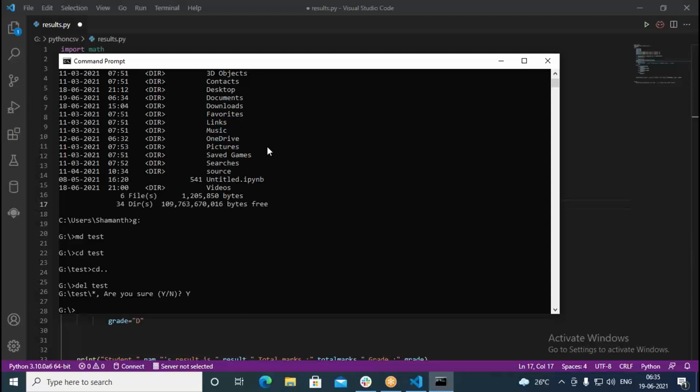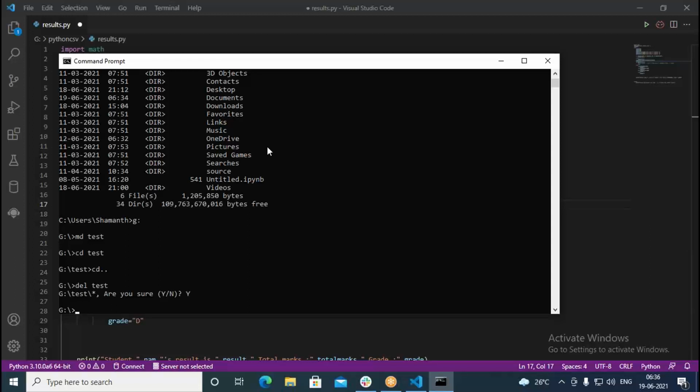We use the OS module in Python. With that, we can perform certain functions related to the operating system. OS functions we can perform here with the help of the OS module. Okay, so it is very important. Sometimes through code, we need to manage the OS functions. So in such cases, this is going to be very, very useful.